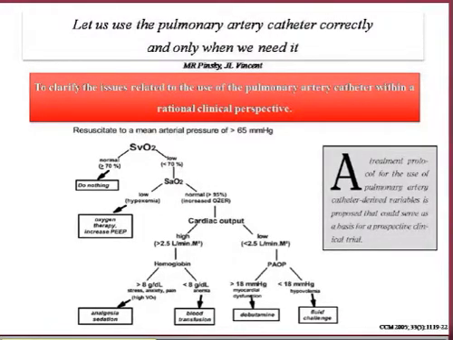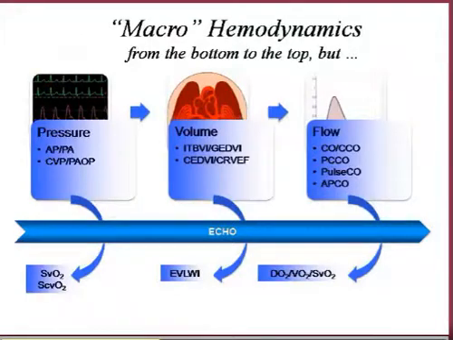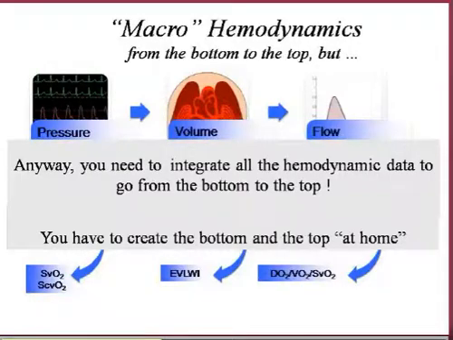But just one second, think about the opportunity to use this Swan-Ganz catheter here. We can have a ScvO2 without a Swan-Ganz catheter. We can have cardiac output without a Swan-Ganz catheter. The only thing we need a Swan-Ganz catheter to monitor is the PAOP. In this case, I think it's difficult to understand how and why we should use a Swan-Ganz catheter for all those patients. But I think it's important to remember that you can use all the techniques you want from the first, the second, the third level. It's important to remember that you have to integrate all the data you have. And remember that you have to create at your home the top or the bottom of your hemodynamic monitoring you have. Thank you for your